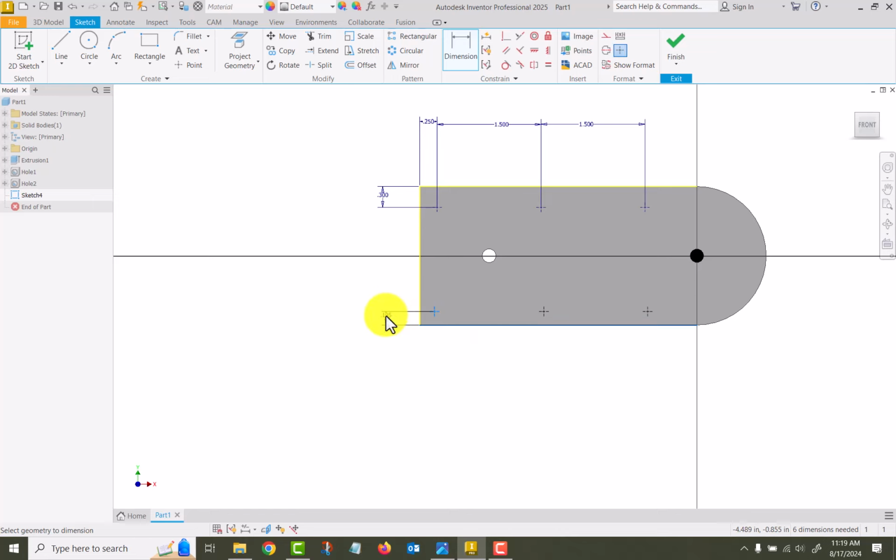And I'm going to pull out here. And when it goes to edit, I'm going to click on this dimension, and that will make it equal to that dimension. Okay. And then I can apply my horizontal constraint, still in the dimension command. Okay. And then I could do a vertical constraint